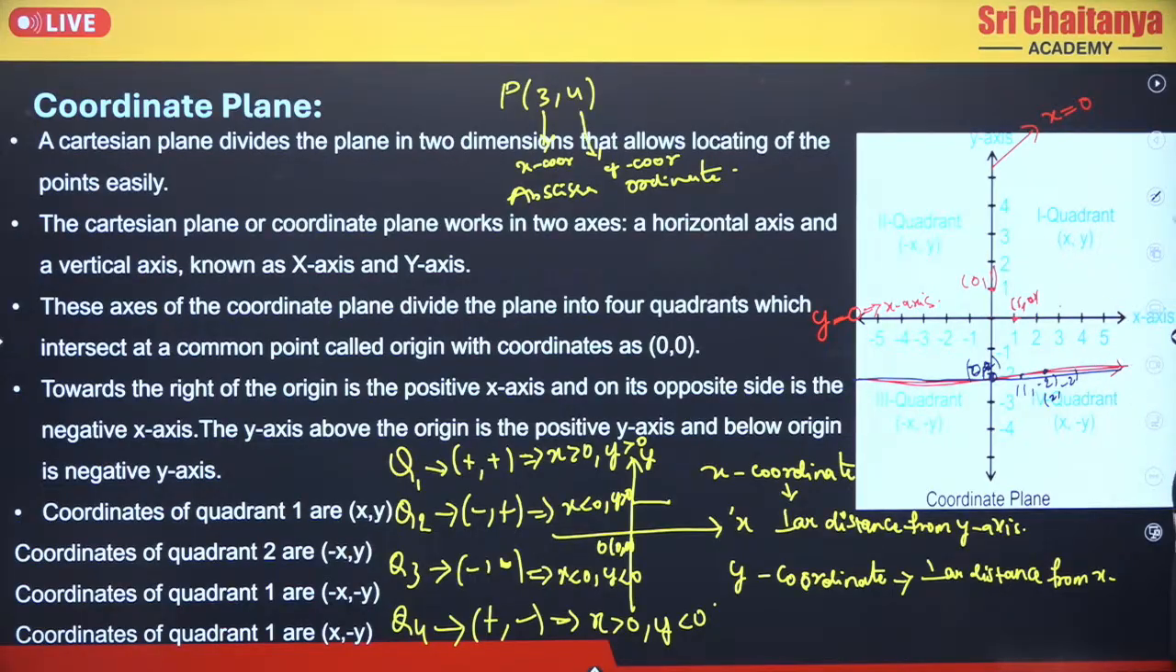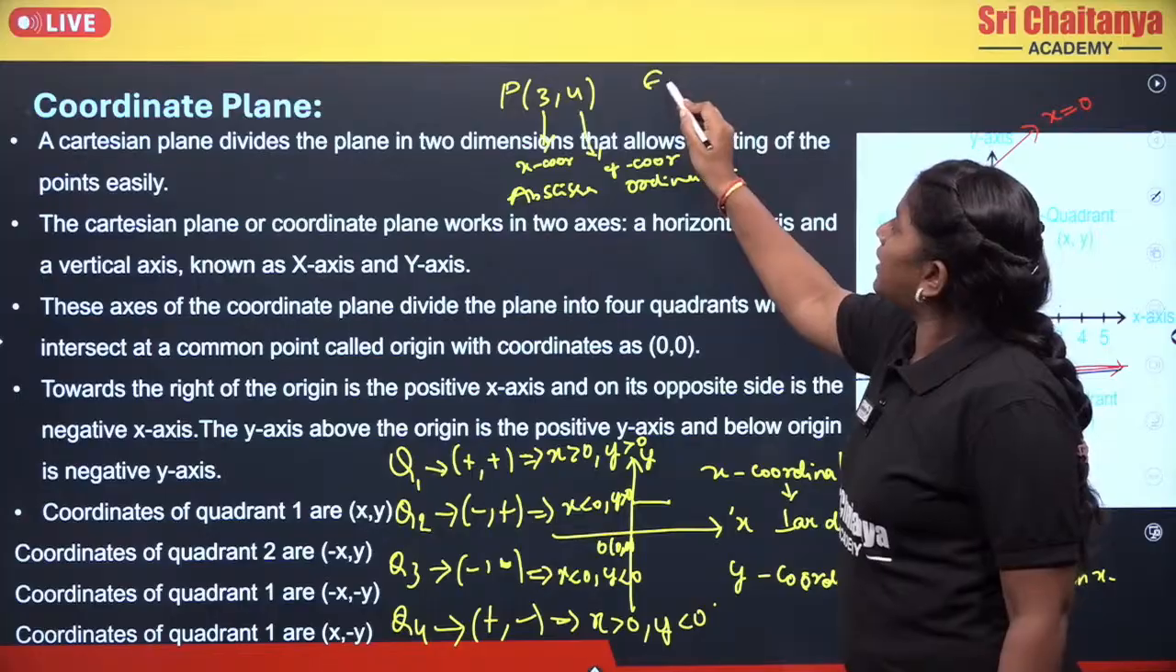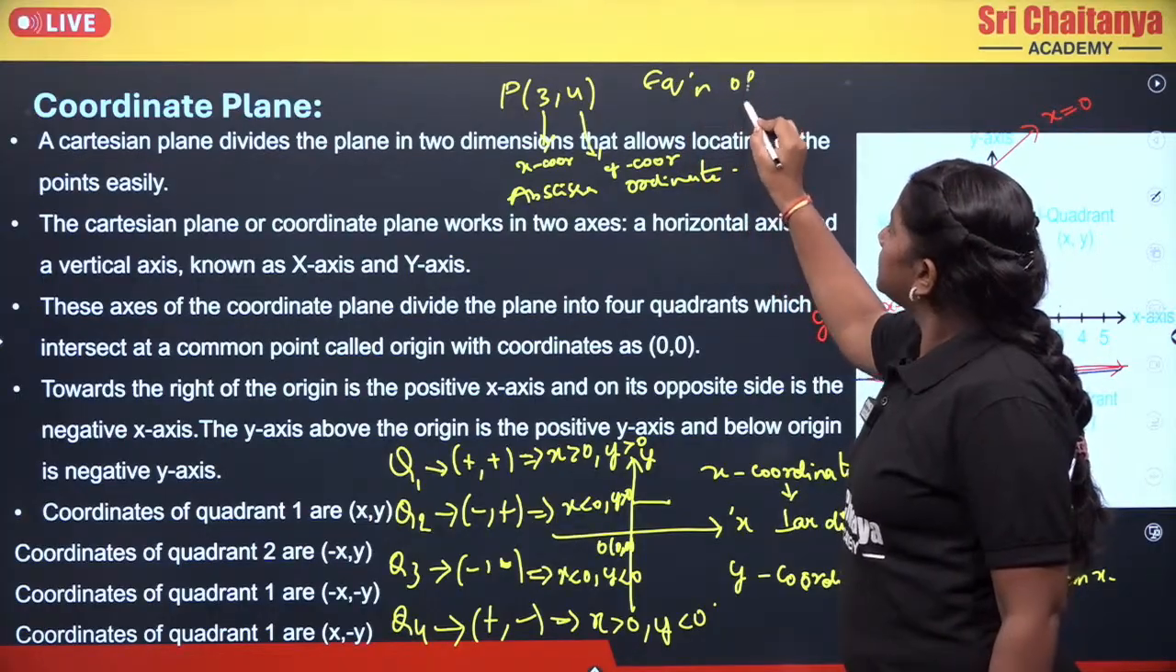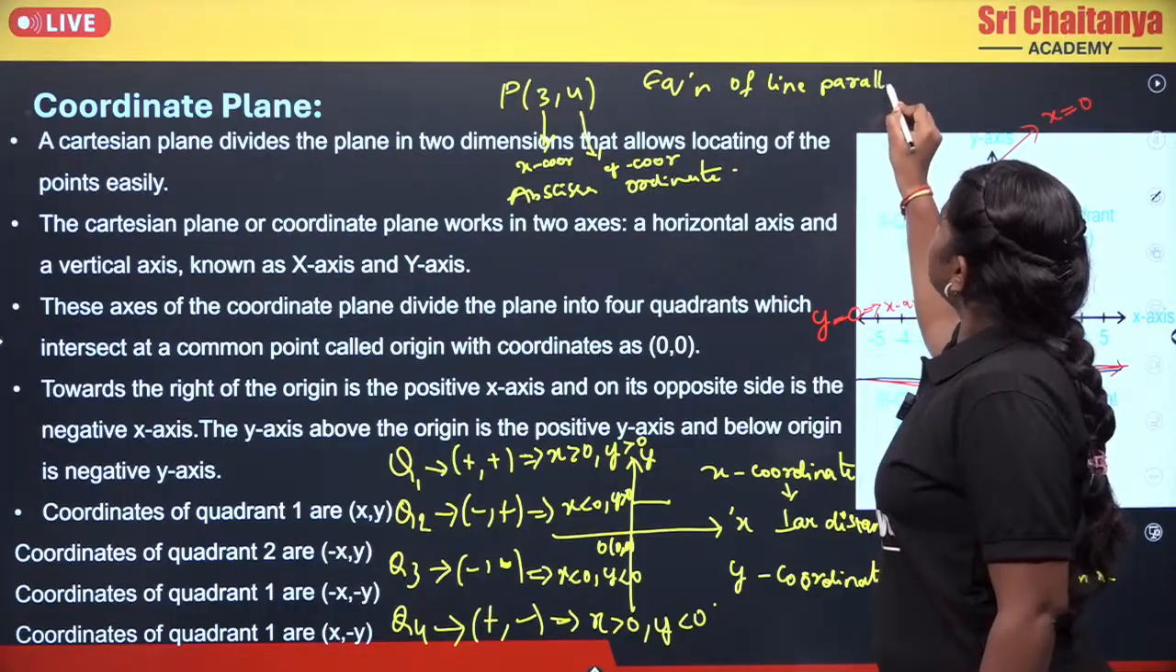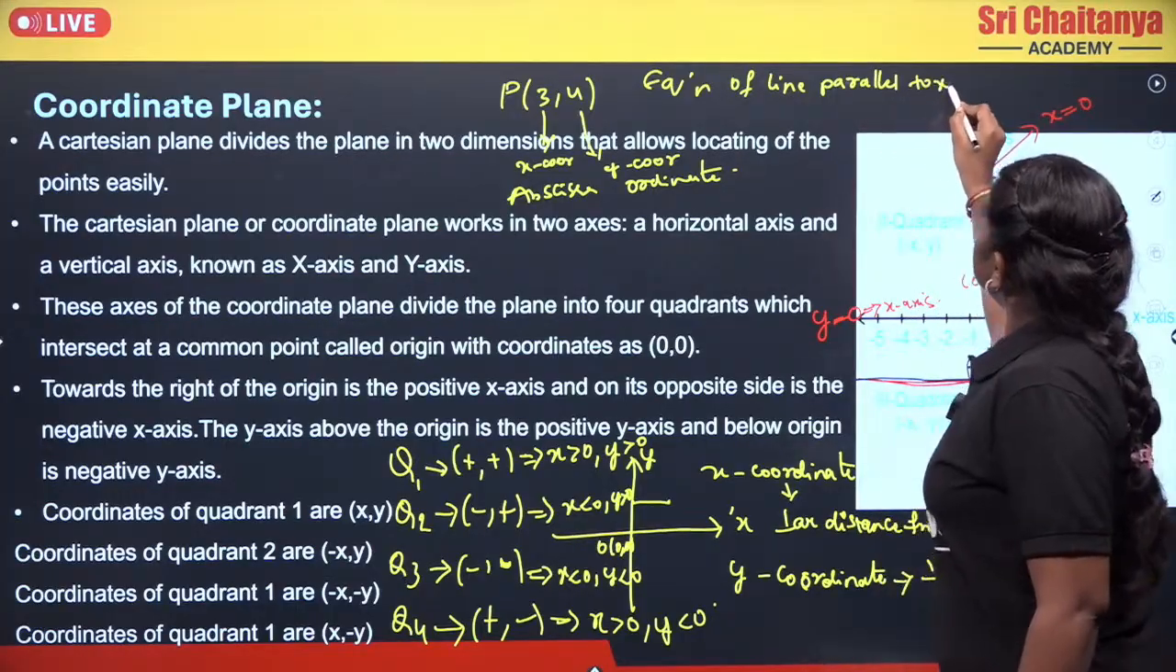Okay. Now, what will be the equation of the line that is parallel to the x-axis? So, we can write that the equation of the line parallel to the x-axis will be